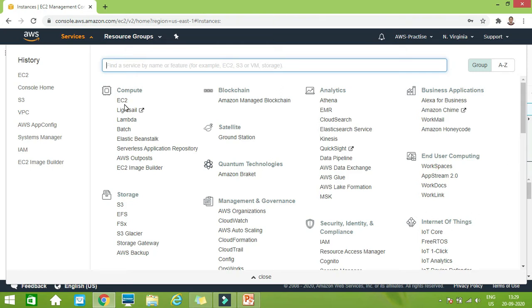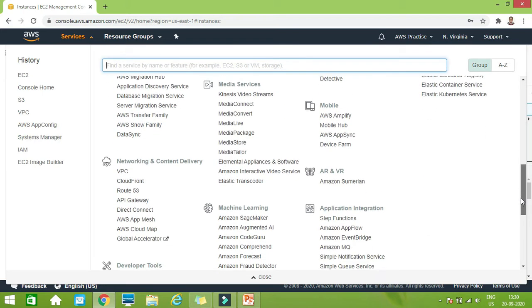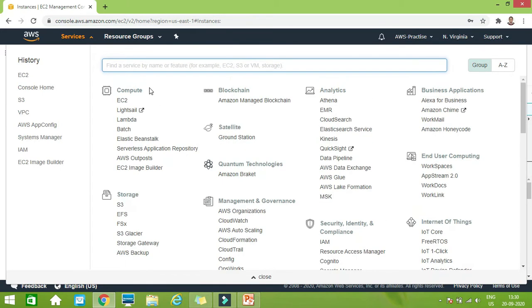As we know, AWS provides so many services, and these services are categorized into various headings, like compute, storage, security, internet of things, management, governance. Likewise, there are so many services suitable for different kinds of requirements. Today we are going to use one service that comes under compute, and that is called EC2. EC2 means Elastic Compute Cloud. Here C comes two times, so we call it EC2 in short. Okay, so we'll click on this